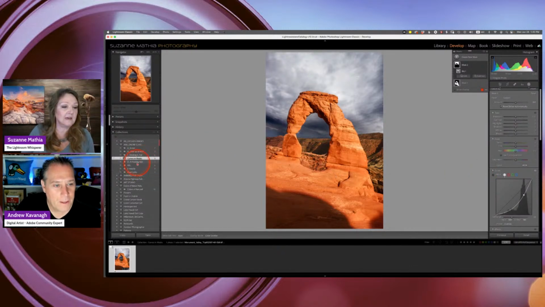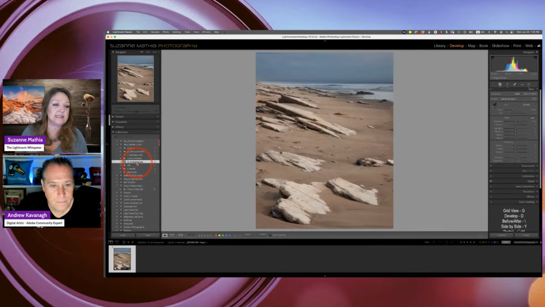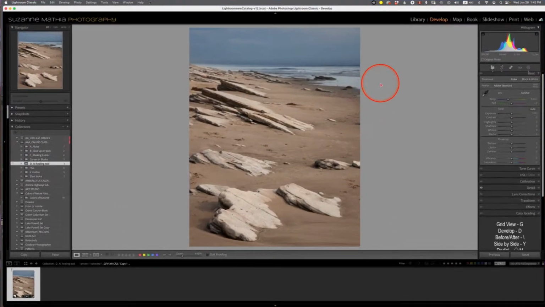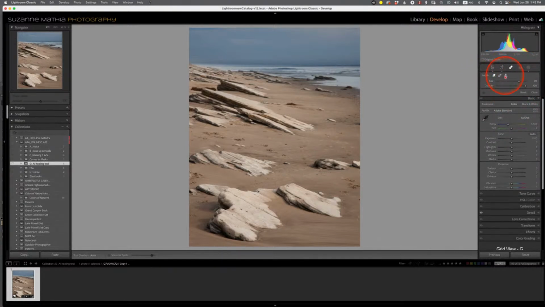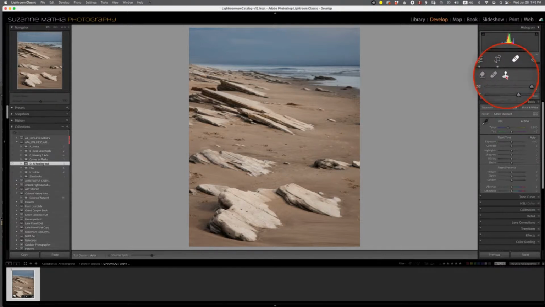So next on my list is the new healing tools, AI powered, of course. So we used to have, or we still have, the spot removal tool and the clone stamp tool. And in the clone stamp tool, we have, if I just open it up here, we have the option of,